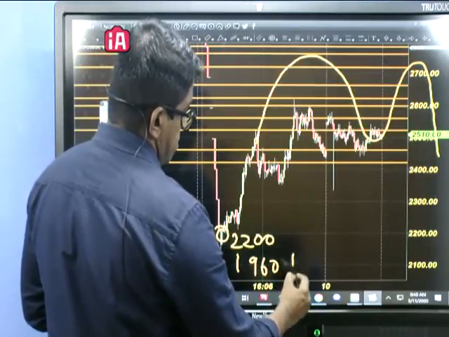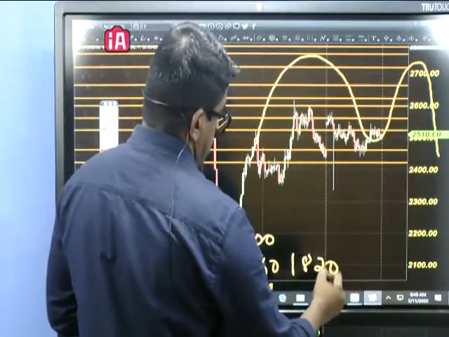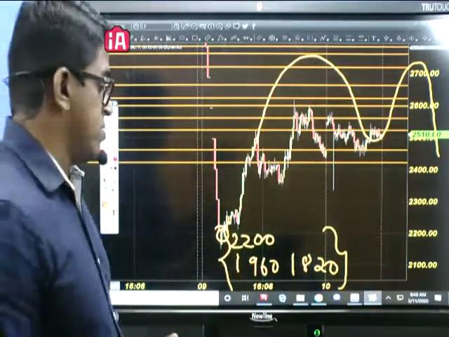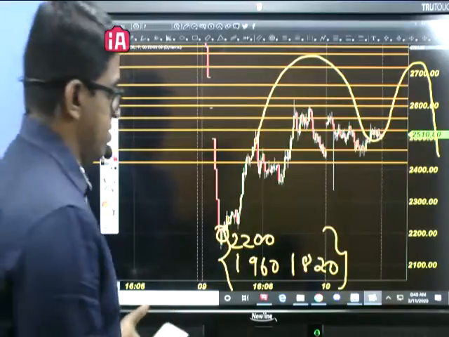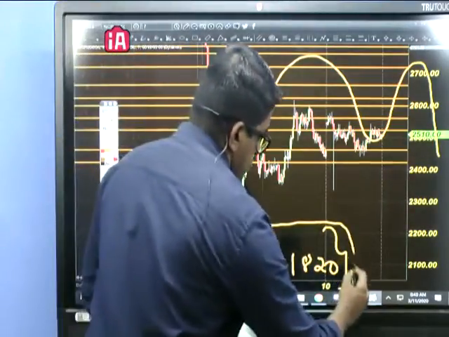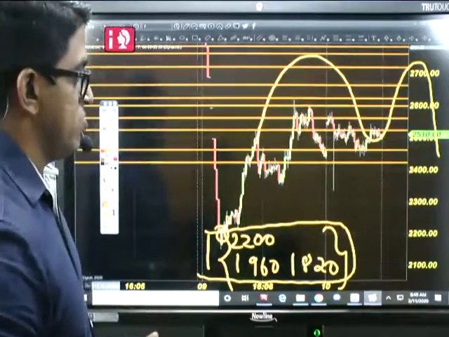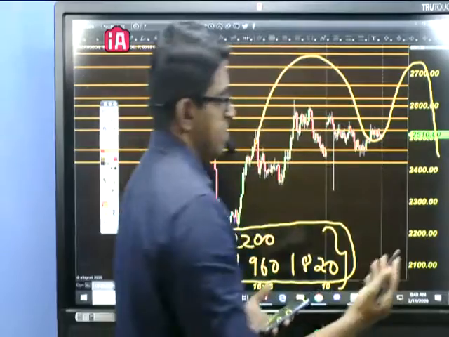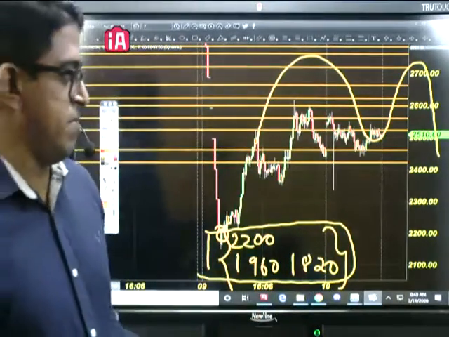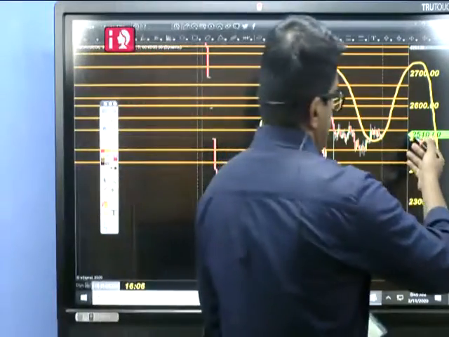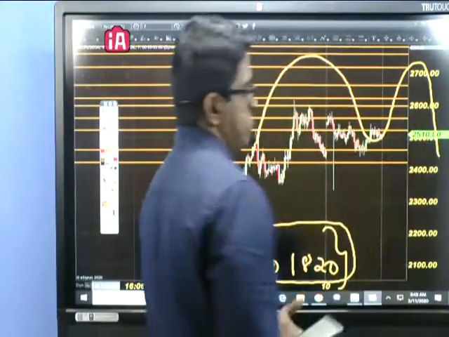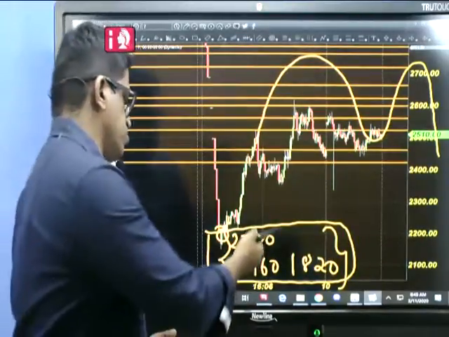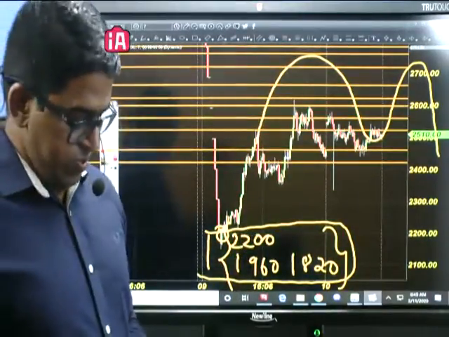1960, 1820, till this zone, if you go for buying the far away 2-month contract, this can be a good zone. Anything below 2200 can be a good pricing point, but the 2500, 2600 levels are not good. If it is 2500, then the next contract will be around 2600, some 100 points of difference will be there. Maybe near 2200 you can go for buying in the next contract also.